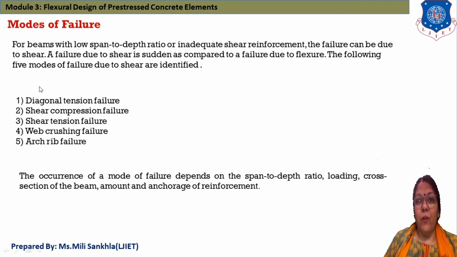Now here we discuss again the modes of failure, and these modes of failure produce different types of cracks. Failure depends upon beams with low span to depth ratio, and it also depends upon shear reinforcement. Failure can be due to shear and bending also. That means failure depends upon the span to depth ratio of the beam, and also it depends upon shear force